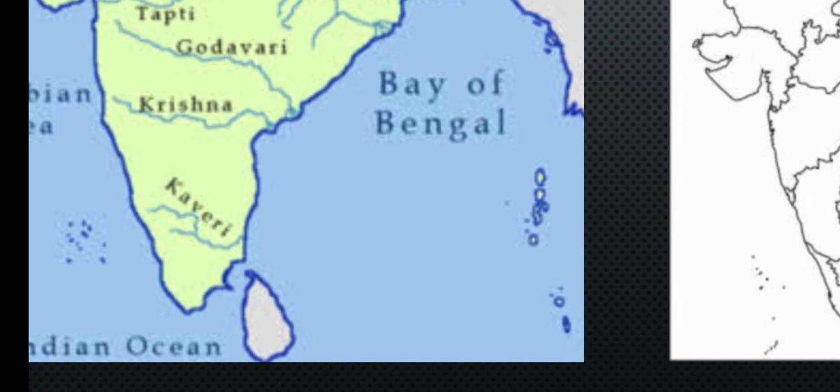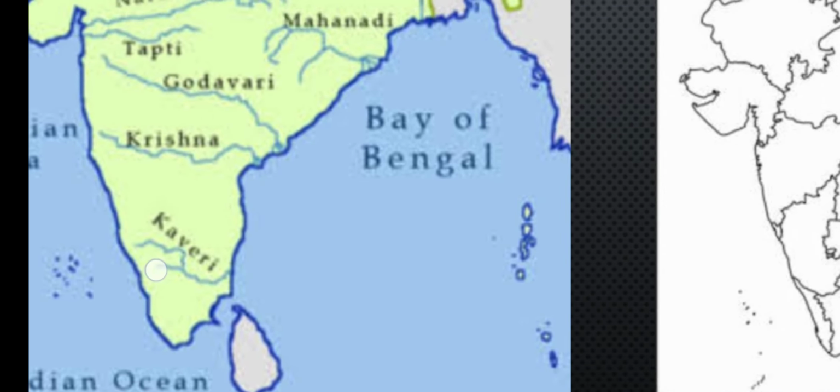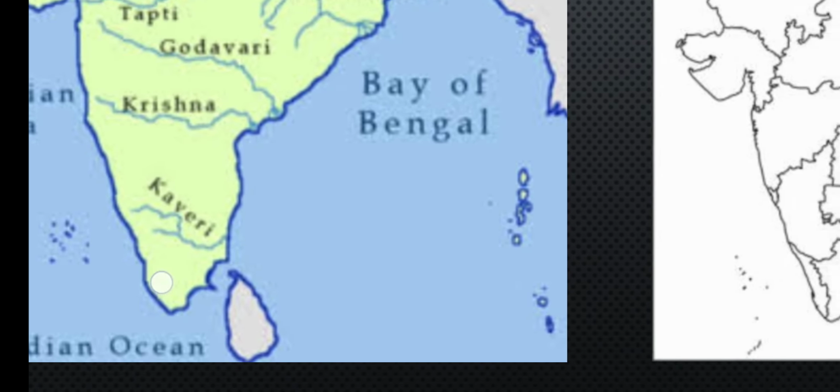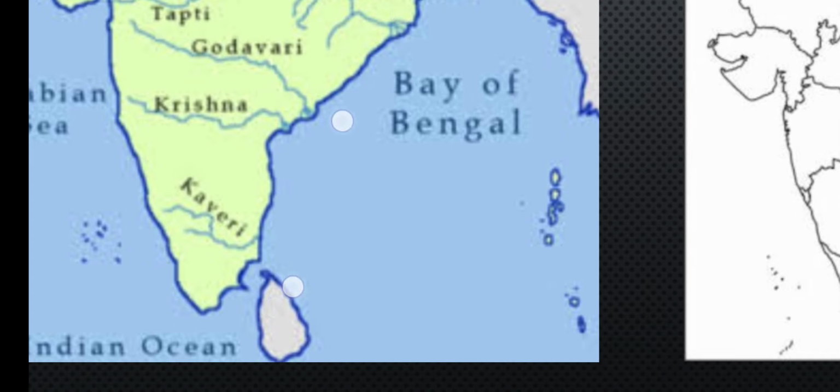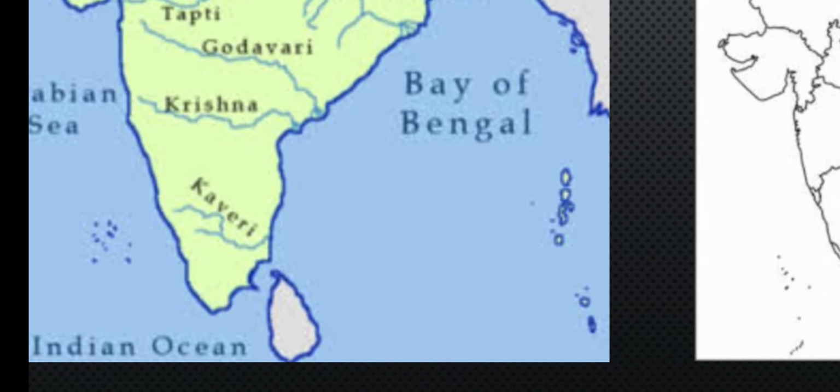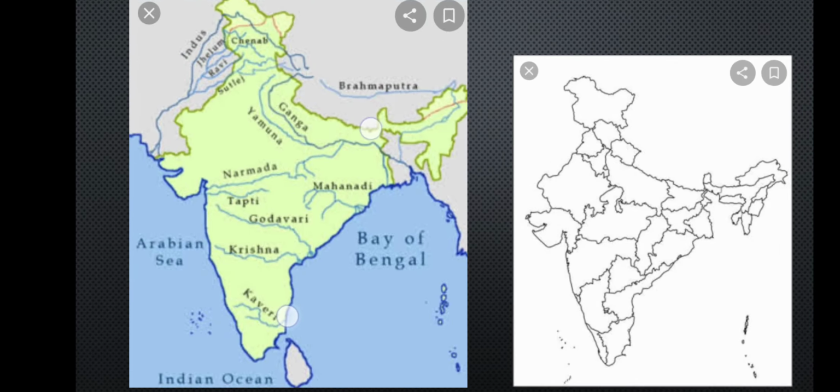Now the last peninsular river is river Kaveri. River Kaveri is also an important river and the southernmost big river of our country.